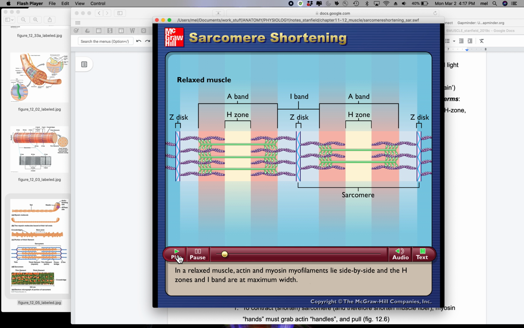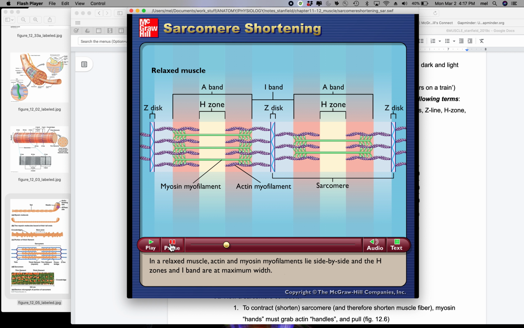In a relaxed muscle, actin and myosin myofilaments lie side by side, and the H zones and I band are